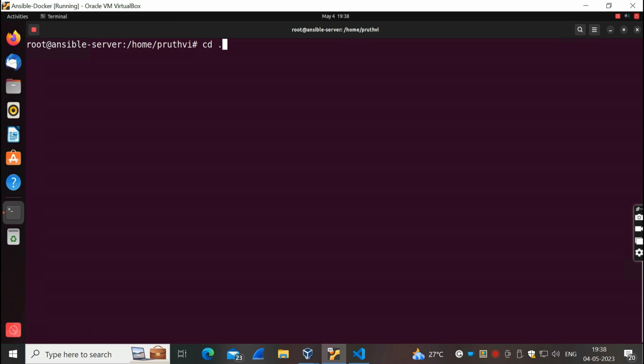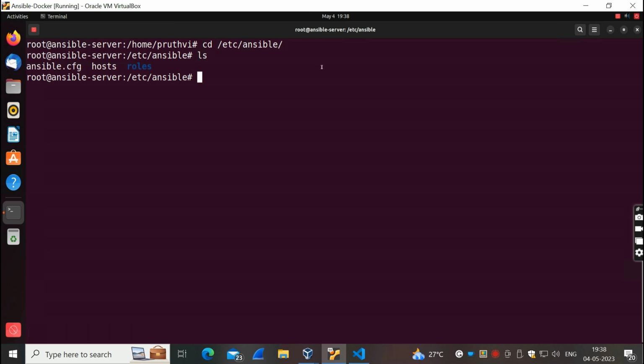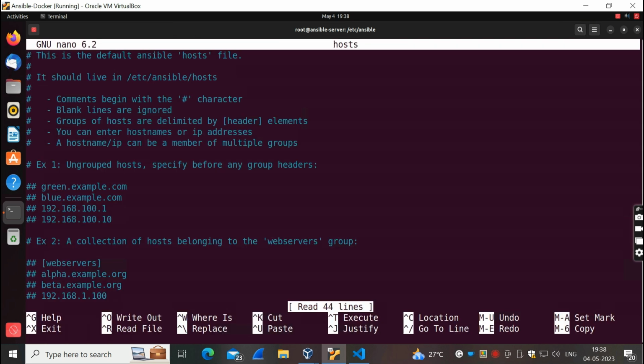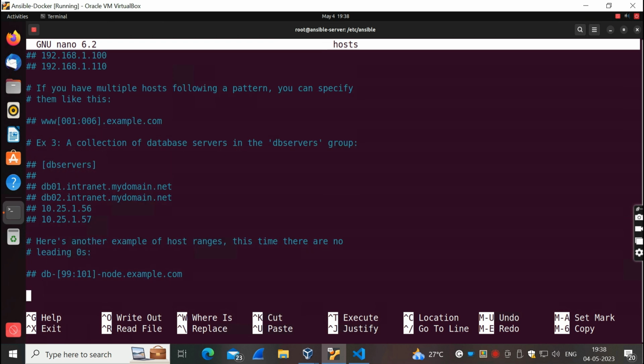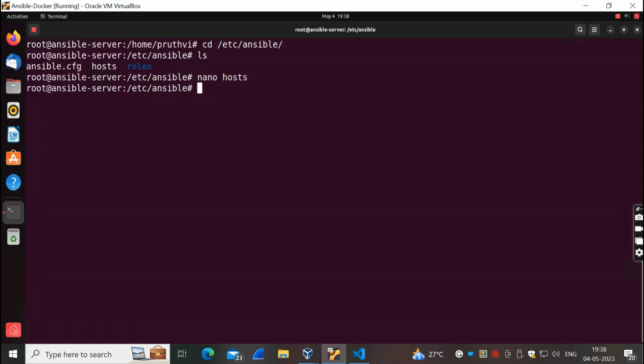So go for cd etc Ansible. So there are some three files there: Ansible config, host and roles. So in the host files, let me see what is there. So this is the default page which we get. So actually we want to get rid of this. So what we can do is that I'm going to install some IP actually,